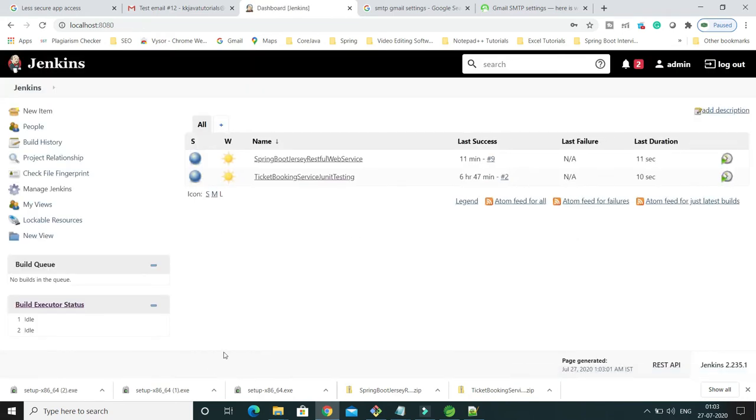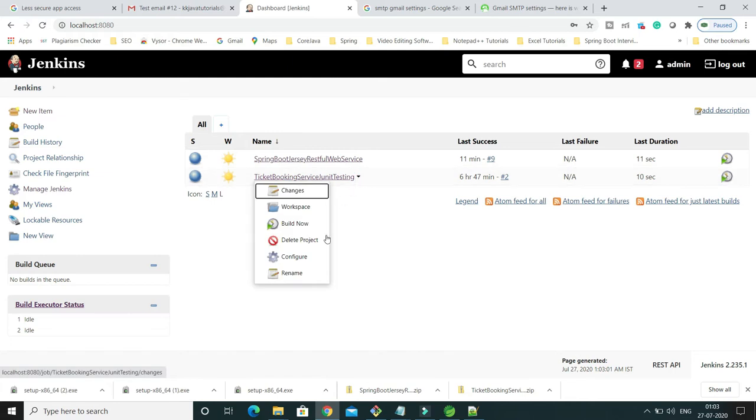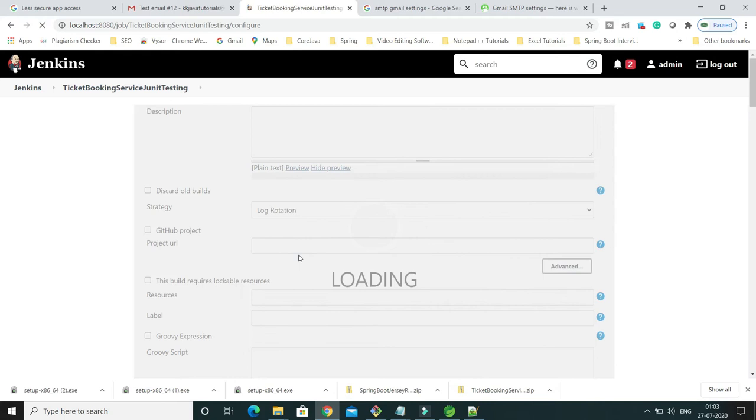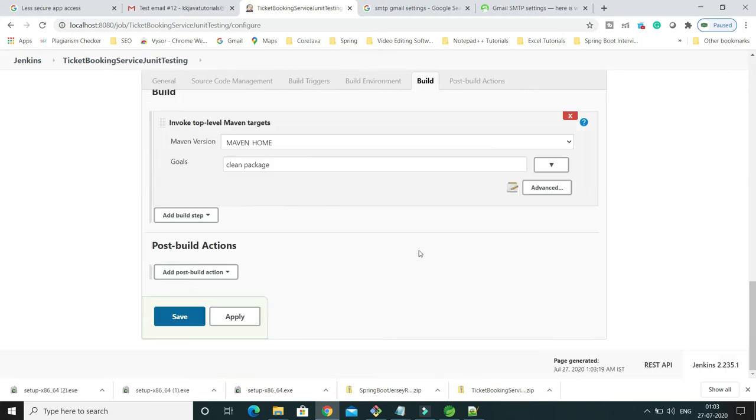Then we come back, and as of now I have 2 jobs configured in my Jenkins. I'm going to configure this email notification for the ticket booking service January testing job. So just click over here and go to Configure, and if you come down to the bottom, in the bottom section we have something called Post build action.